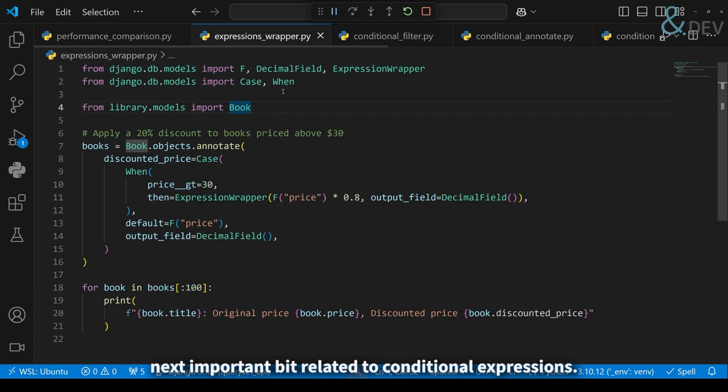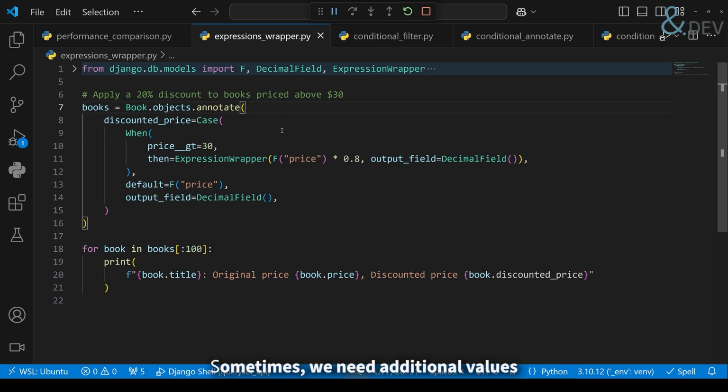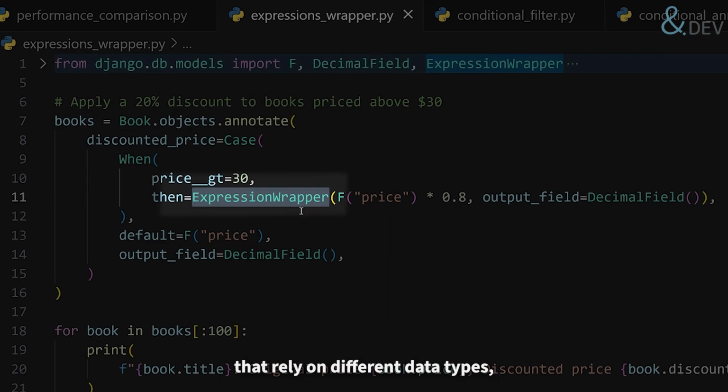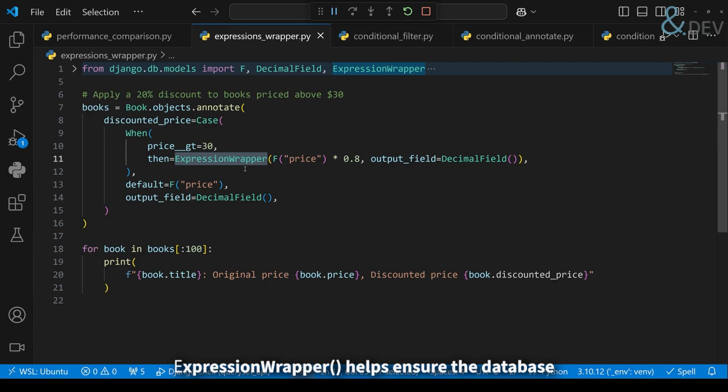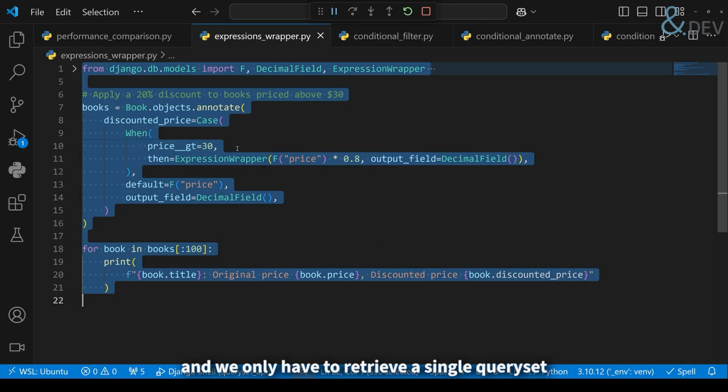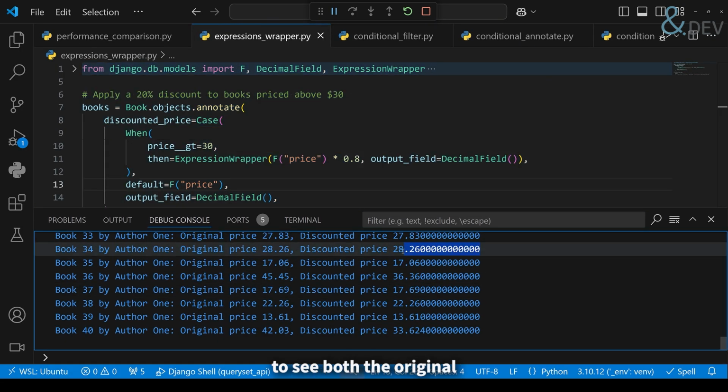Let's move to the next important bit related to conditional expressions. Sometimes we need additional values or complex expressions in our conditions. Value lets us set static values, while ExpressionWrapper is great for more complex calculations. If you are working with calculated fields that rely on different data types, ExpressionWrapper helps ensure the database handles everything correctly. Here's an example where we calculate discounted prices on the fly for books that are on sale. Here, ExpressionWrapper lets us apply a discount formula directly in the database. Books over $30 get a 20% discount, and we only have to retrieve a single queryset to see both the original